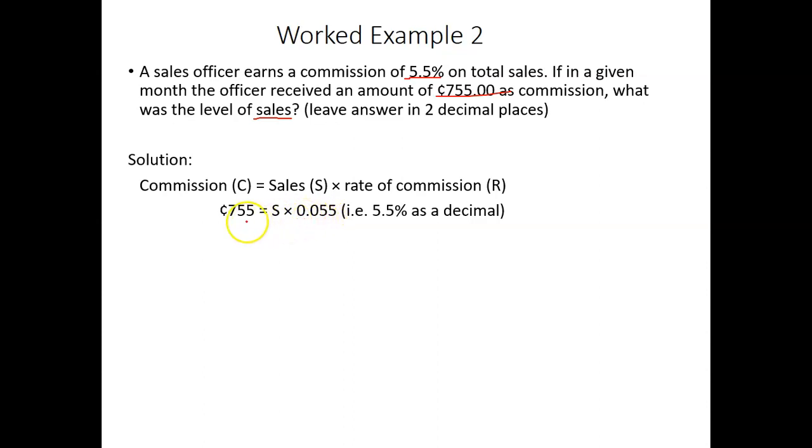Dividing both sides by 0.055, the 0.055 in the denominator will cancel out the 0.055, isn't it? So we are going to have S equal to 755 divided by 0.055. When you put this on your calculator, you should get